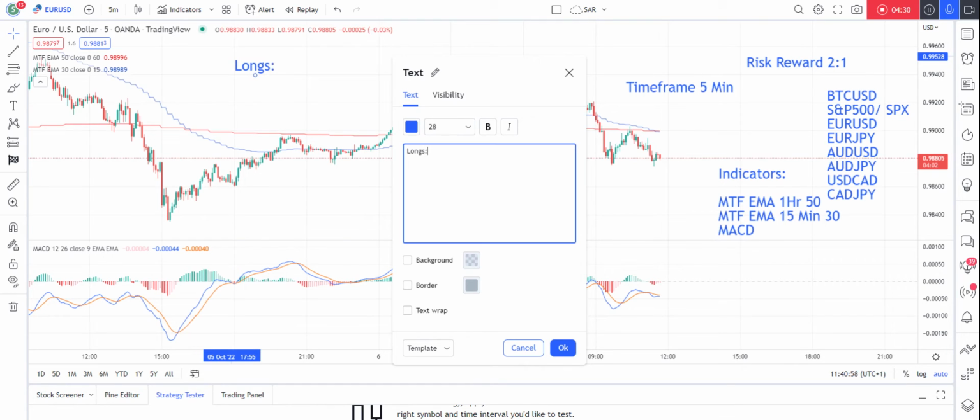So for longs: fast MTF EMA above the slow one, and MACD crossover upwards